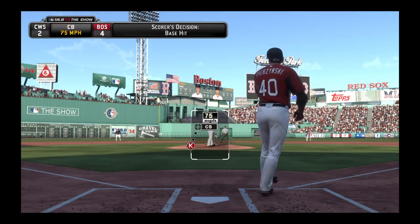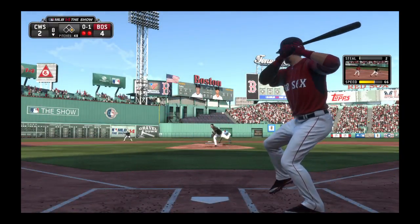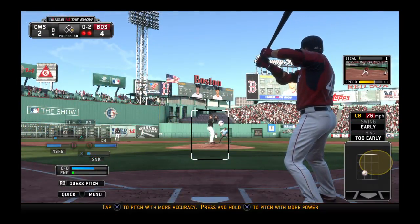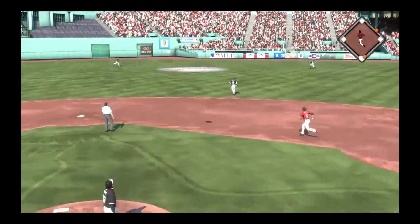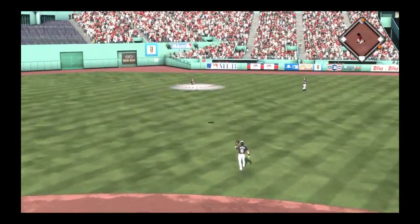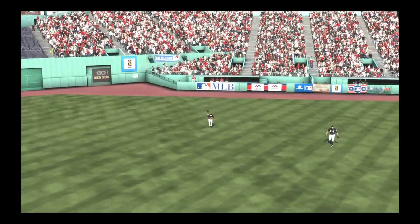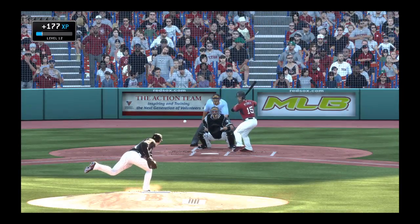A.J. Pierzynski stands in as he can't connect here. 0-1. And this is part of the reason why he's staring a hat trick right in the face. He just hasn't been able to recognize these pitches that are well out of the zone. Swing, and he pulls the fastball that time high in the air toward fairly deep right center. Eaton is going to have room out there as he puts this away to retire the side. Red Sox strike for a run thanks to the